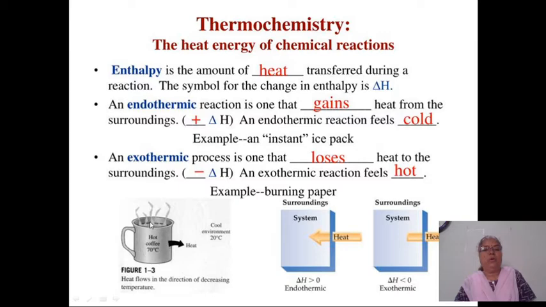And this is the hot coffee. All of you know the heat is released and its temperature decreases. That is the endothermic reactions and exothermic reactions. Remember again, in case of endothermic reactions, delta H, that means enthalpy change, is greater than 0. In case of exothermic reactions, delta H, change in enthalpy, is less than 0.